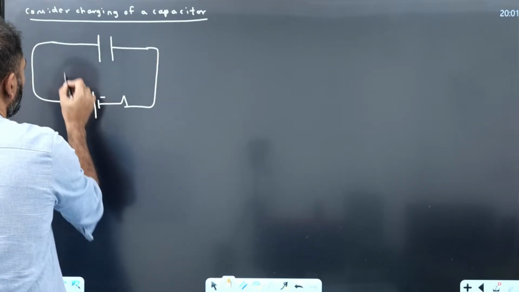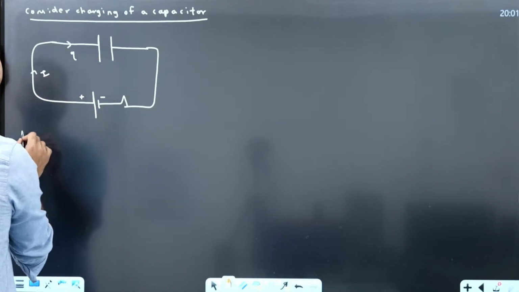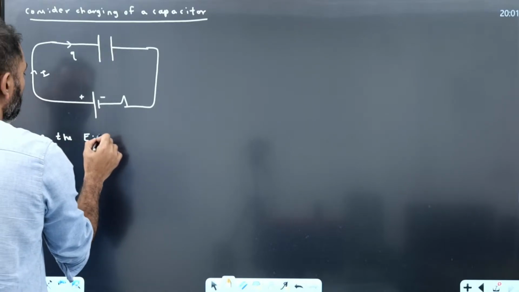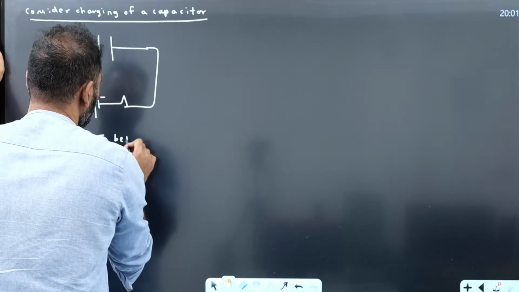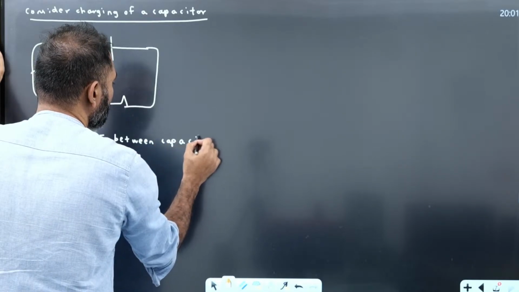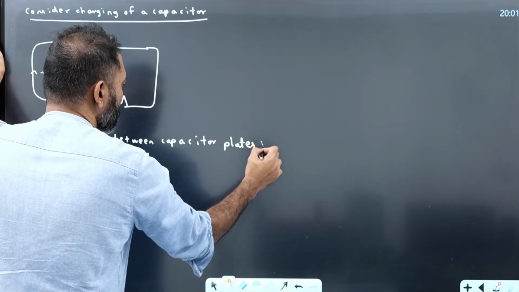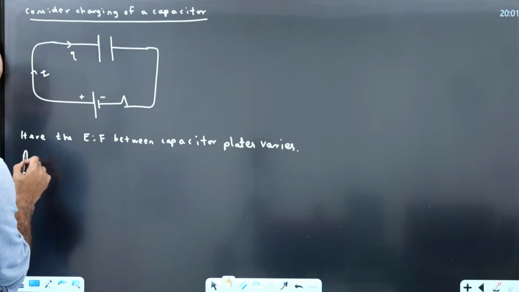Here, current is flowing or charge is flowing. Here, the electric field between the capacitor plates varies. According to Gauss's law,